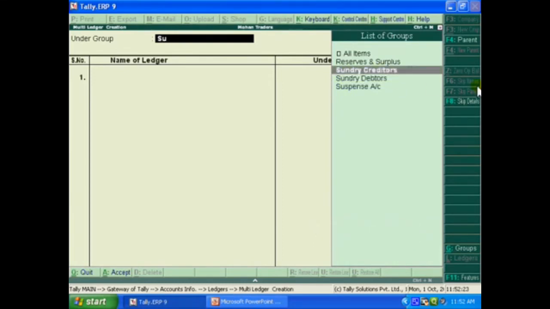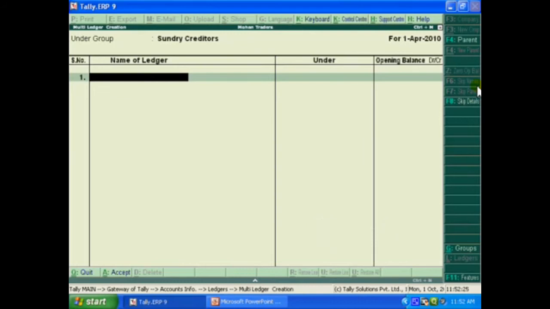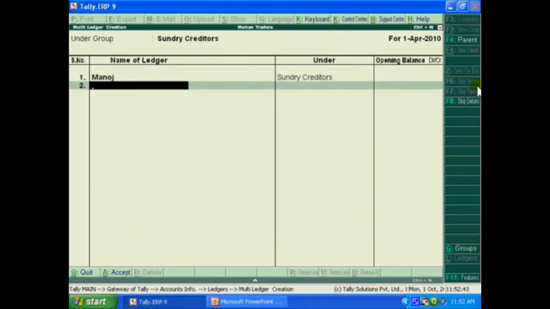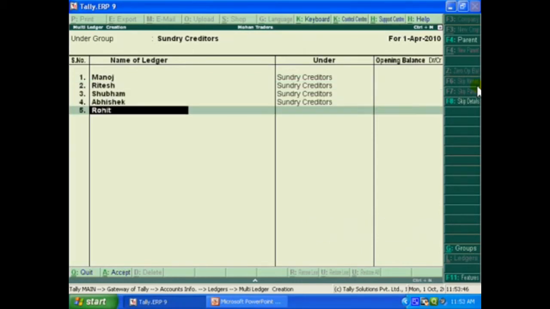Under this, we will enter the ledger names we wish to create. Type Manoj and press Enter. Continue entering the names. Along with the person's name, our creditors may include the names of companies or firms as well.